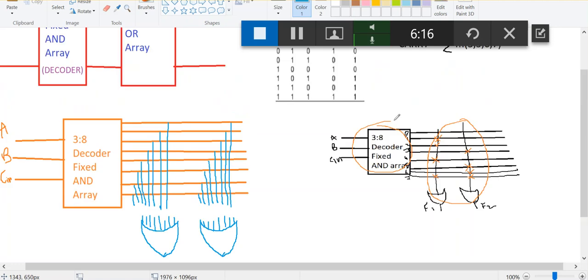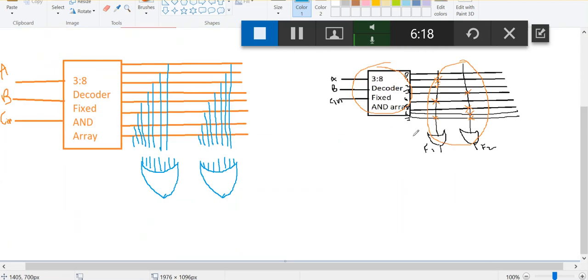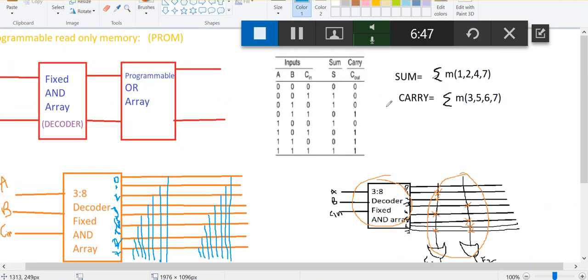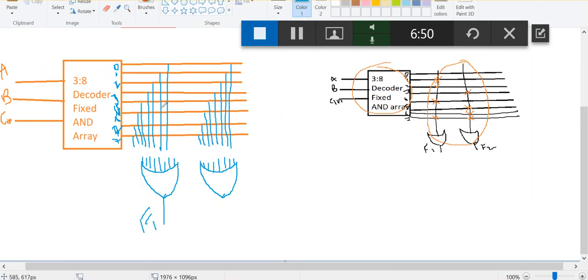Now where do I need to connect? At 1, 2, 4, 7 is my F1. In order to get the sum as my output F1, this is my 0th pin and 1, 2, 3, 4, 5, 6 and 7th pin, like this. So it will start from 0. As I said, here 1, 2, 4, 7, so the first pin I connected here. The first pin is connected with a fuse like this.